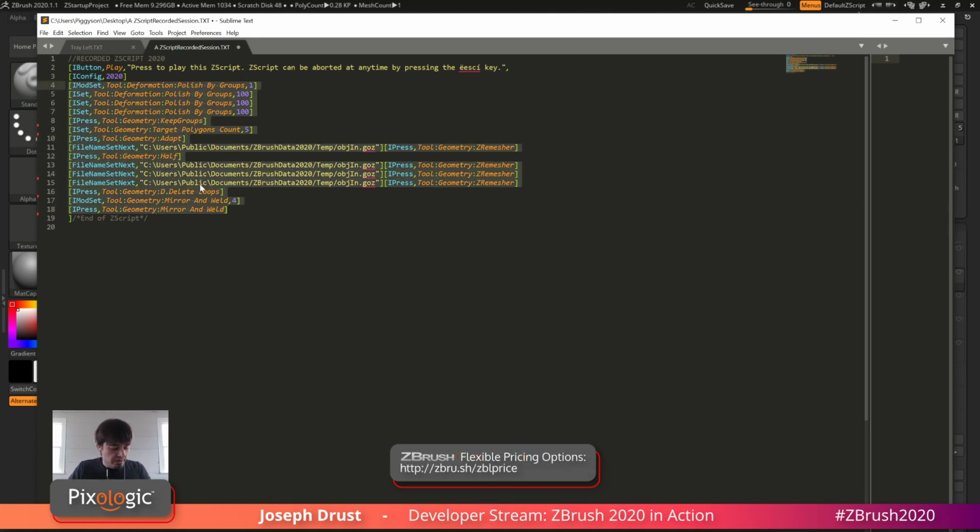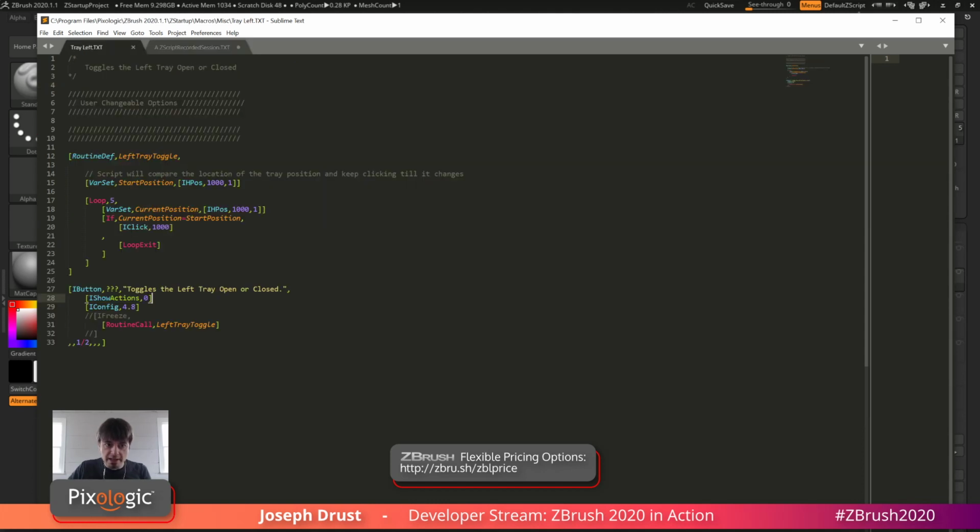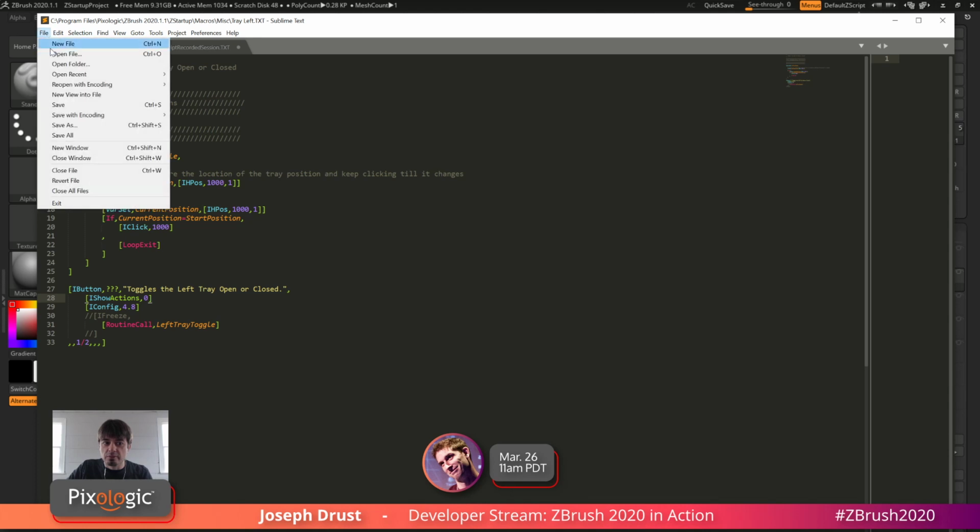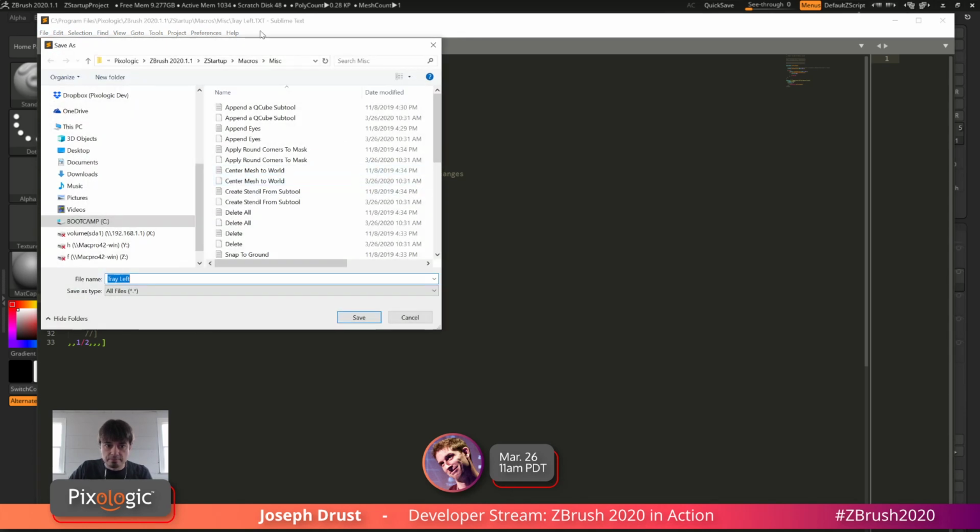And so what I'm going to do is I'm going to copy this. So I'm going to grab all this and copy. And then I'm going to go back to my left tray over here. And I'm just going to save this out as a new macro here. Once again, right now I've just opened up the left tray to modify that to see the code in there. But I'm just going to save this as another one. So I'm going to go File, Save As. And we're going to save this as,